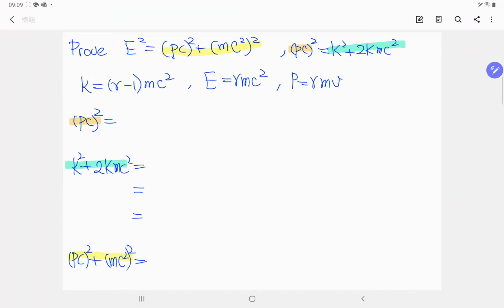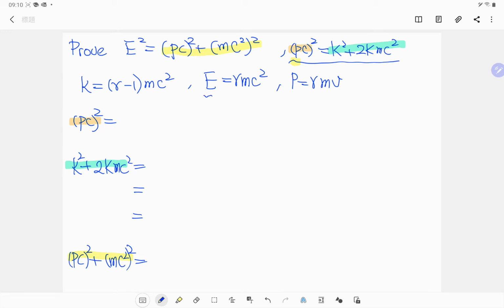So actually we try to prove these two. So first, I try to prove this one first. So actually we have K equals gamma minus 1 times mc square, E equals gamma mc square, which is the